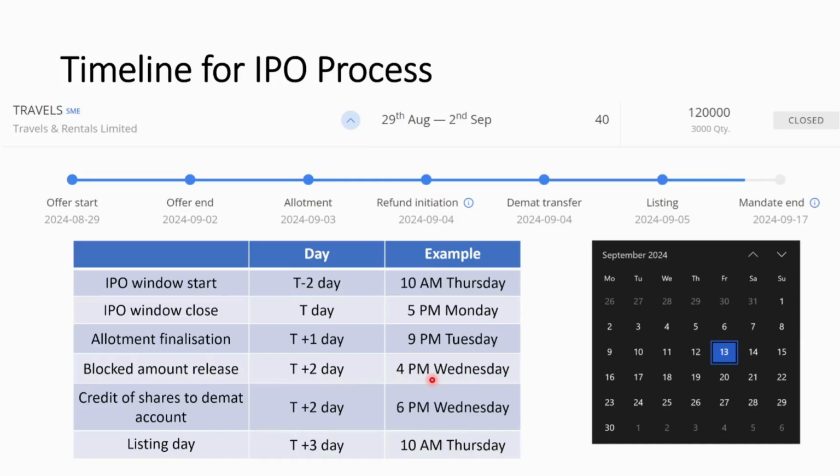As I told, many people are applying and we are getting oversubscription, so only 100 crore worth of shares are getting issued. The remaining people need to be given back the money. That is happening on T+2 at 4 p.m. Since the shares are credited by evening, on the 3rd day from the window close, T+3, which is the 5th of September, Thursday,